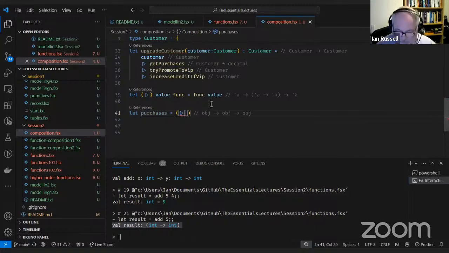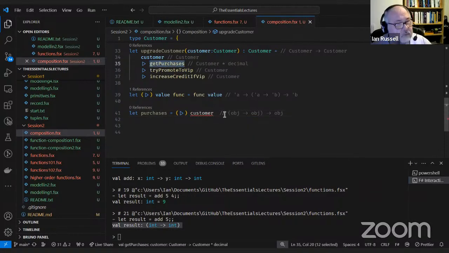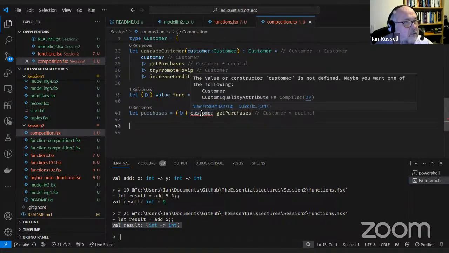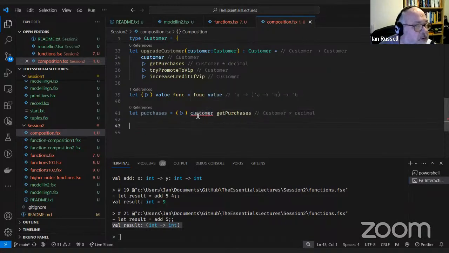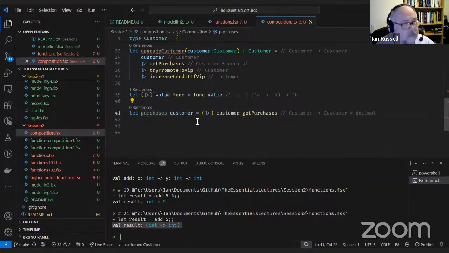So the way we'd use it is like this. So we get customer, and I don't have my customer, do I? Right, so I've created a function called purchases that takes a customer as its input, and then we're going to use the